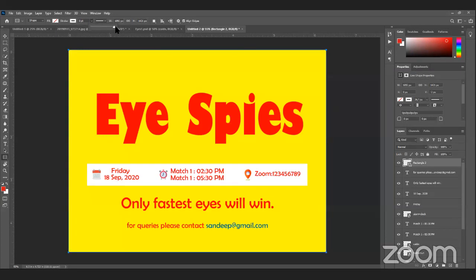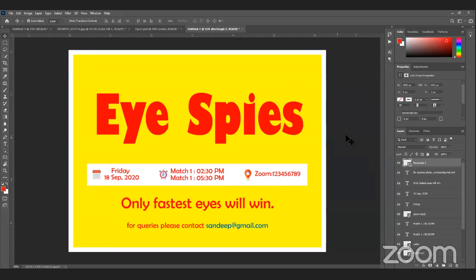I can increase it. So this is too much. I can increase accordingly how much I want for my image. You can see that it is coming perfectly along with the borders of my flyer. So you can see this is done. Okay, this is good.